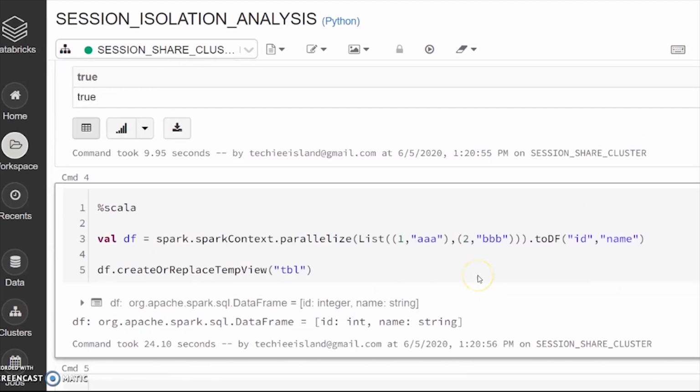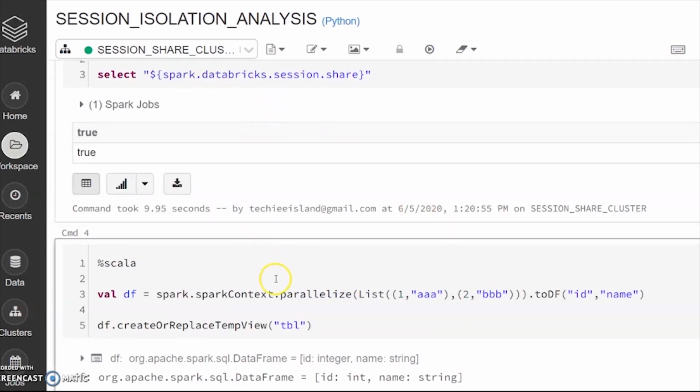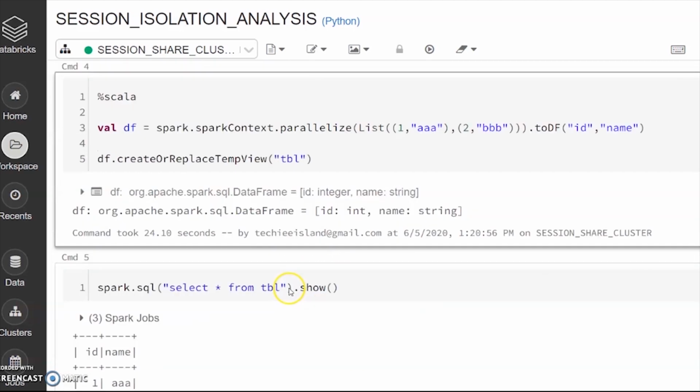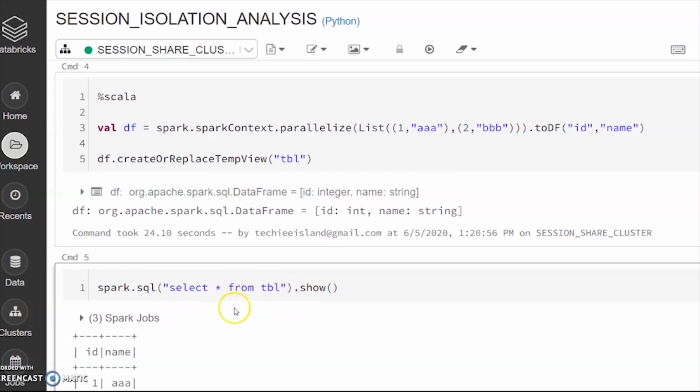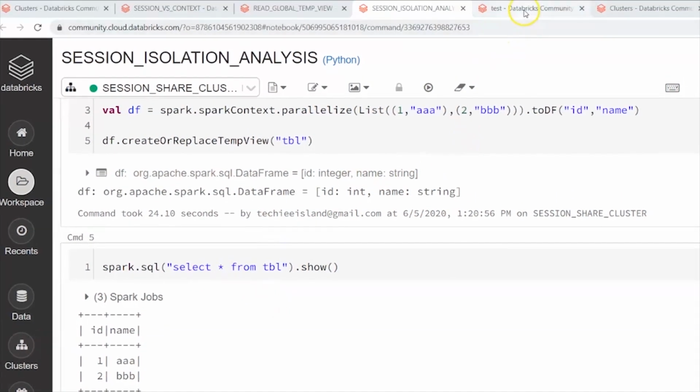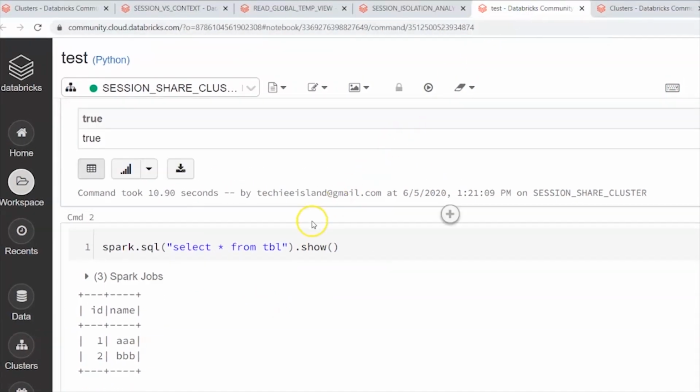After creating the new cluster with session shared enabled, I create a new temporary table and try to access it in the same session. This will definitely work, but our experiment is to create a new Spark application, or a new notebook, and test whether we can access the data we created in a different notebook with a temporary view.